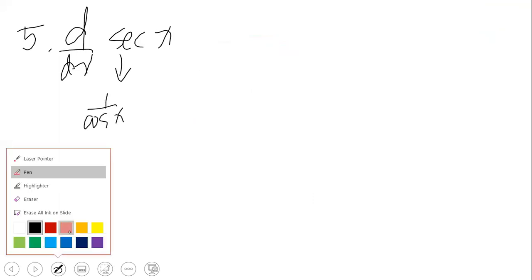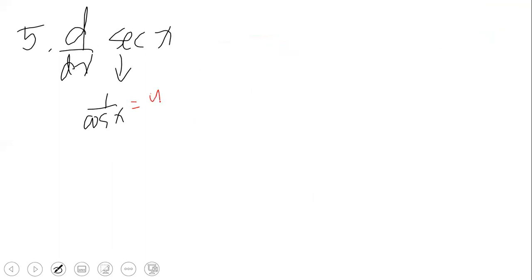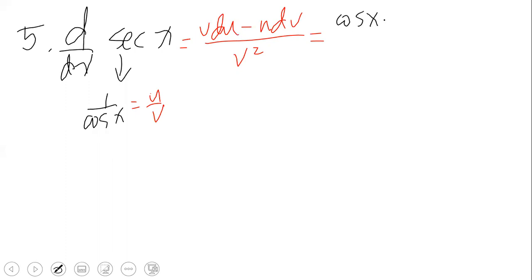So, we will be using again the quotient rule, yung u over v, which is equivalent to v du minus u dv over v squared. So, differentiate natin to, yung u over v. So, therefore, we can have the v is cosine x. Then the derivative of constant, the derivative of 1 is 0